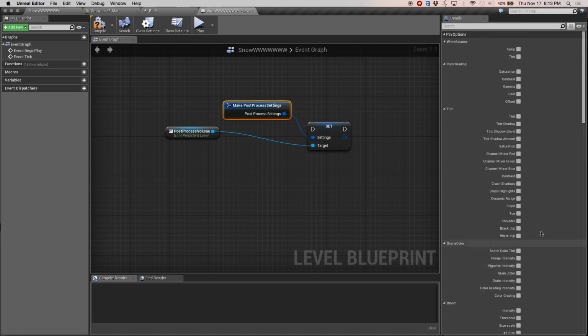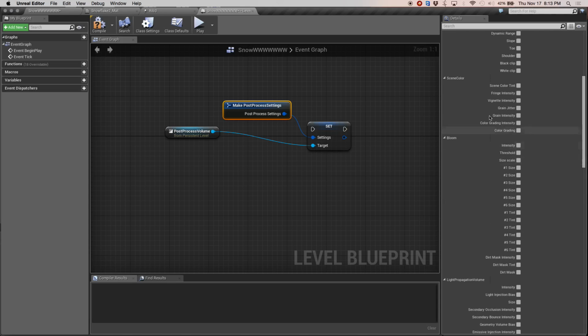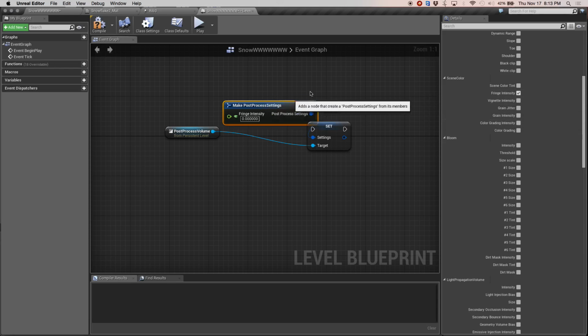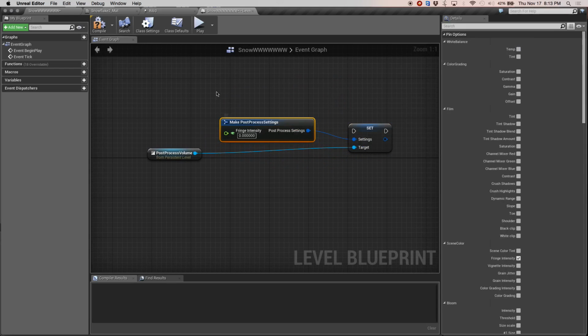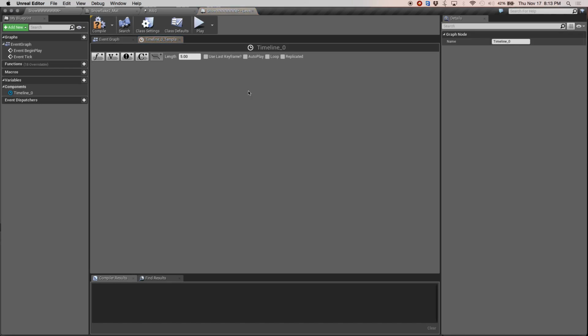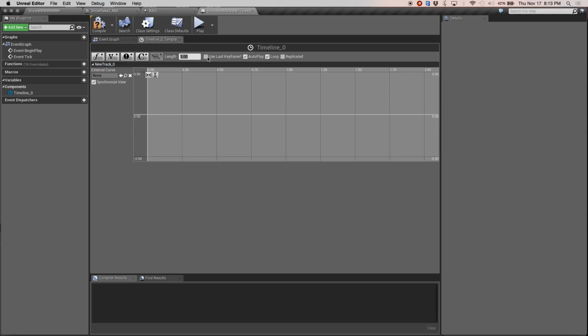So here's the one I'm going to change. I'm going to change the fringe intensity. That was underneath scene color. Expose fringe intensity. Great. And I'm just going to do a quick little timeline. This timeline is going to autoplay. It's going to loop. It's going to be a float track. It's going to be 2 seconds long. Great. And it's going to start at 0,